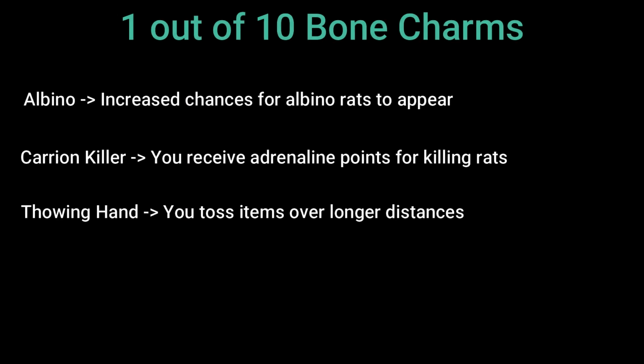Getting right into it, the first category are the bone charms that are given a 1 out of 10. The reason why these bone charms get a 1 is because they're not really that effective. When you use them in the game, they don't really seem to do that much. And also, they're abilities that you don't really need to use that often, or can't, because it's kind of